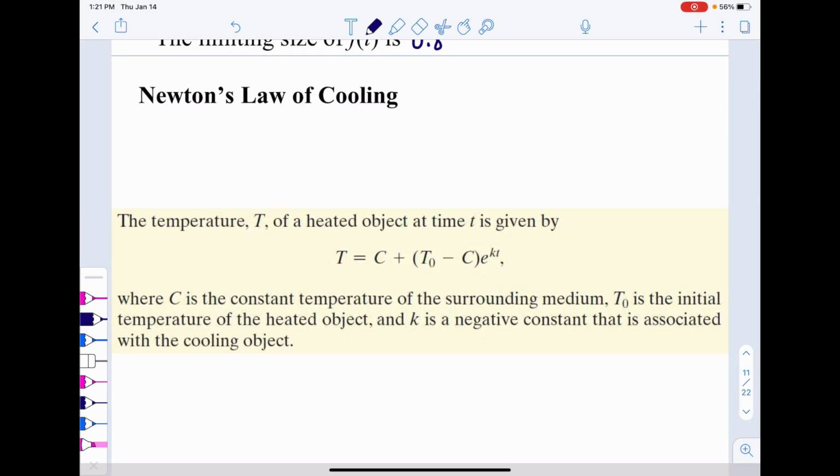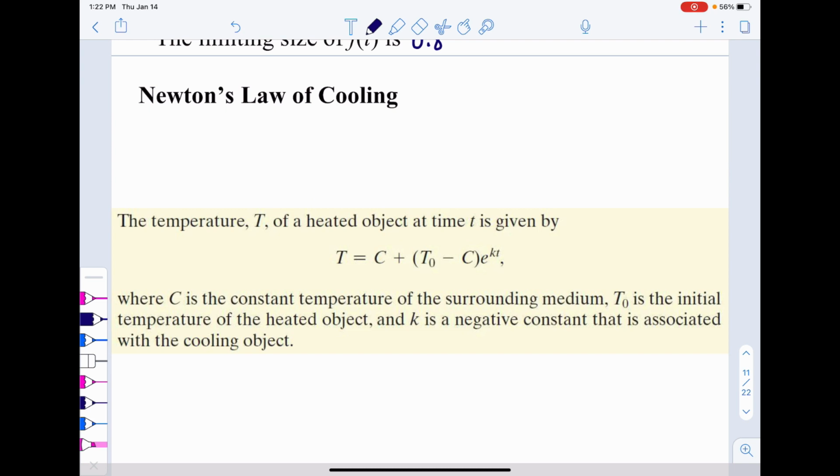Now, Newton came up with this theory that if you take something hot and you put it in a room that's colder than the temperature of, say, your hot coffee or hot chocolate, it's going to cool to the temperature of the room over time. So it says that the temperature T of a heated object at time t is given by capital T equals C plus, in parentheses, T sub O minus C, times e to the kt,